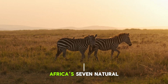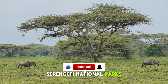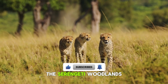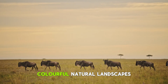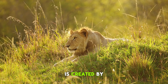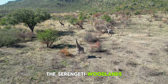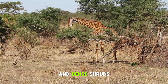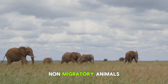grandeur of one of Africa's 7 natural marvels that spans the Serengeti National Park's central and western areas. The environment of the Serengeti Woodlands, which combines a variety of distinctive and colorful natural landscapes spanning thousands of square miles, is created by scant forests and wide grassland. The Serengeti Woodlands offer rich flora, particularly acacia trees and dense shrubs, which provide a stable home for numerous non-migratory animals,